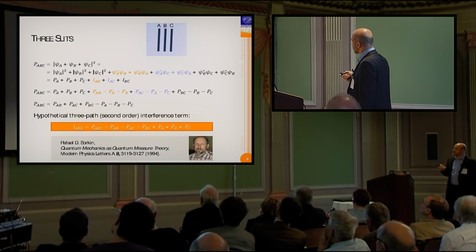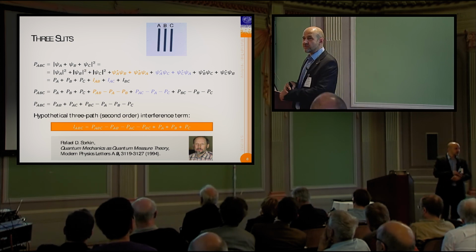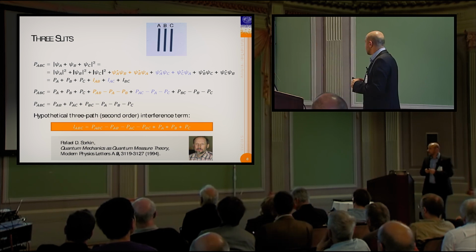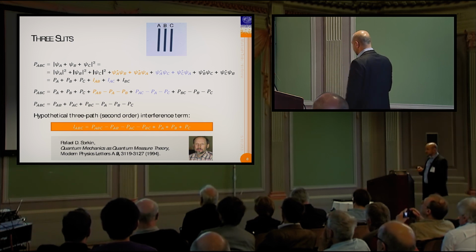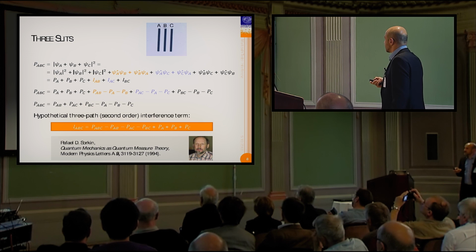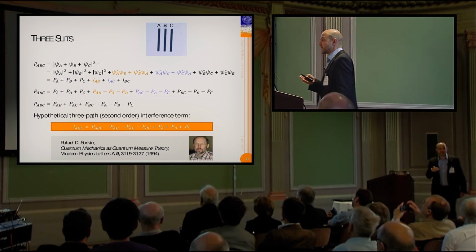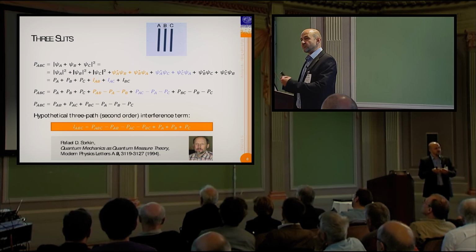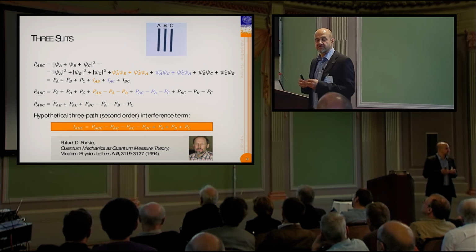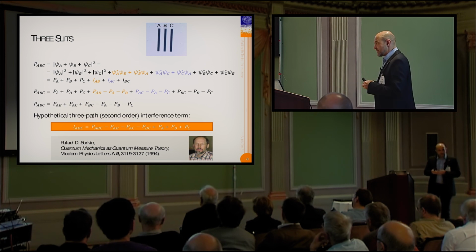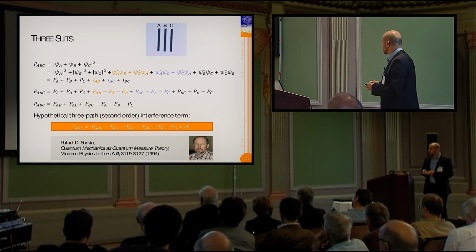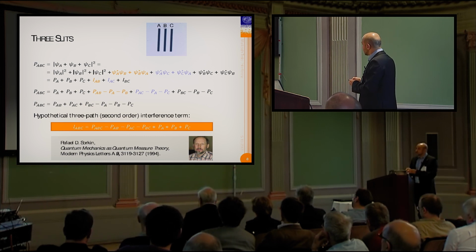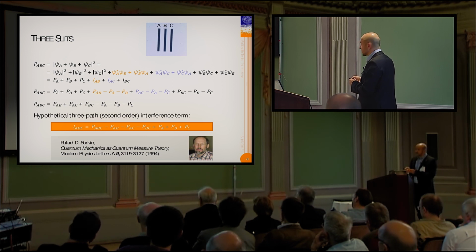And now I can say, well, could there be anything more? How well do we know that there's nothing more than that? And it turns out we didn't know, at least not until a few years ago. And this was how Raphael then said, well, if we had general probabilistic theories, we could classify them by the ways in which they deviate from classical probability theory. And he proposed that the first unconventional interference term, the second order interference term, would then be defined as I_ABC, the three-path probability minus all the stuff that's on the right-hand side here.